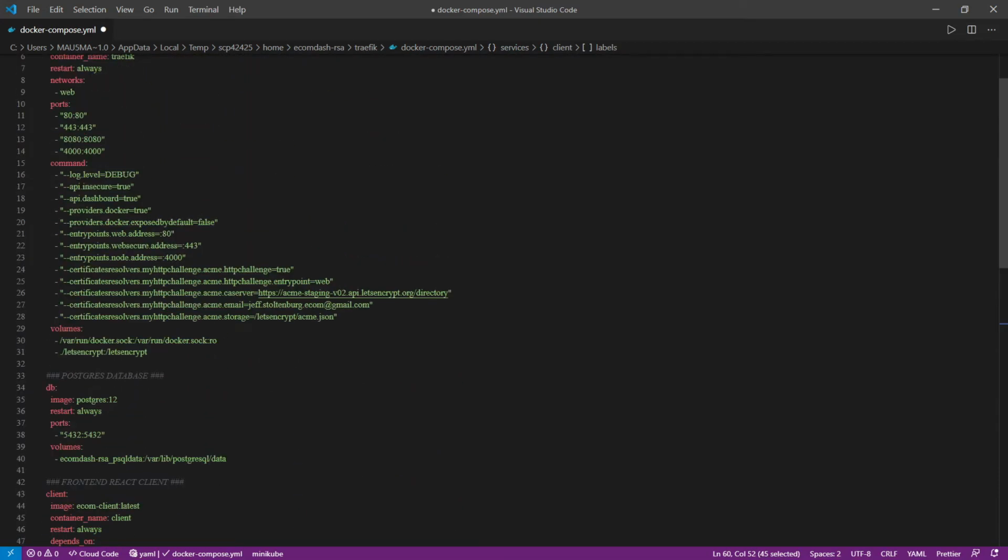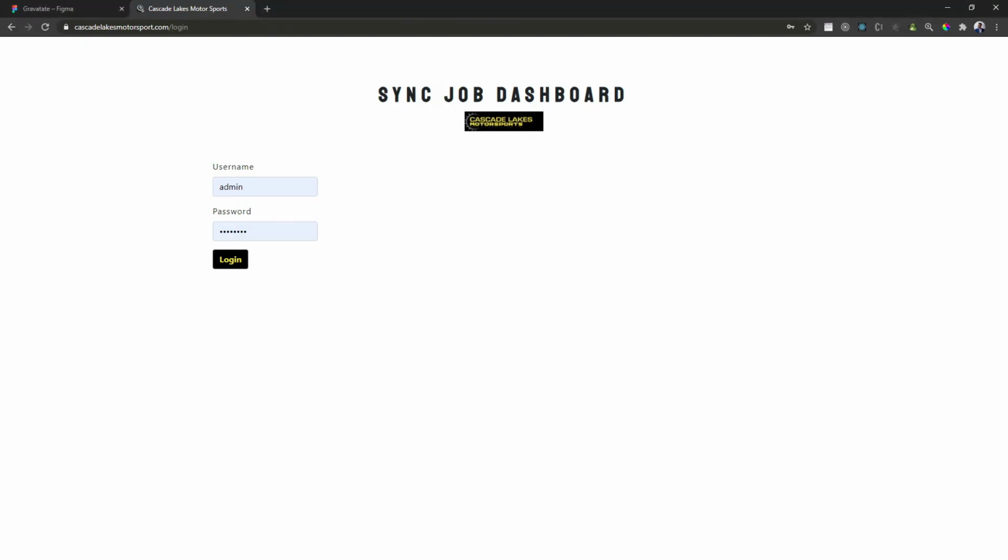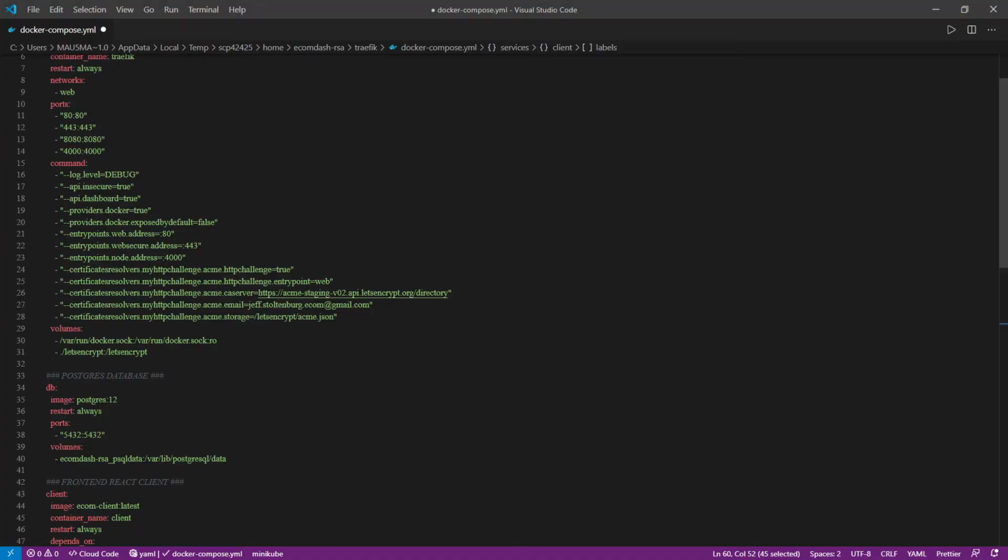And once you put this on your server, I'm assuming you have already run an unsecured version of your site. Once you place this on your server and you run Docker Compose up, it's going to pop up with a web page, and it's going to be one of those certificates where it gives you a warning. And that means that because we are using the CA server right now for testing. But once that works and you're able to get to your site on 443, then you would go back, come in here,